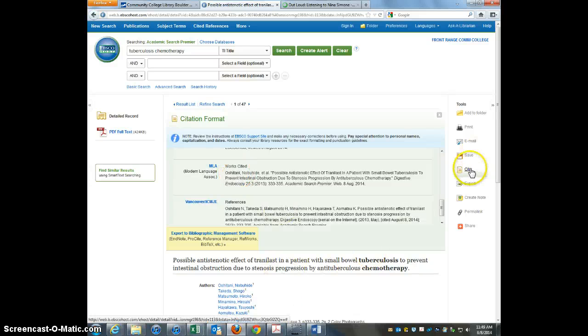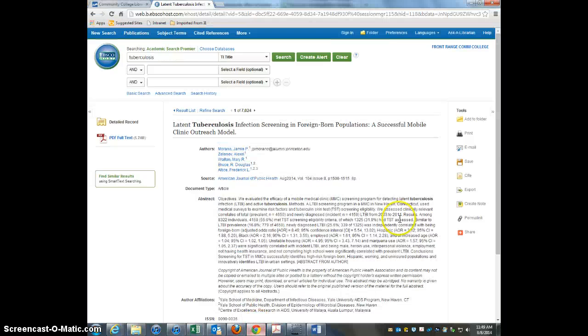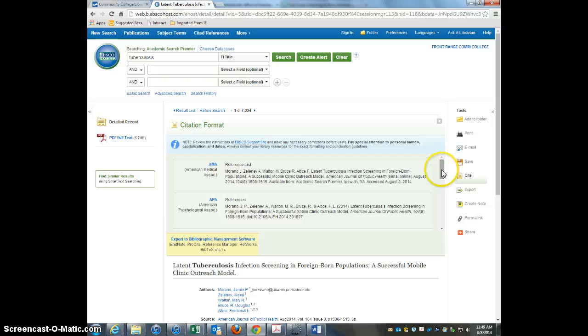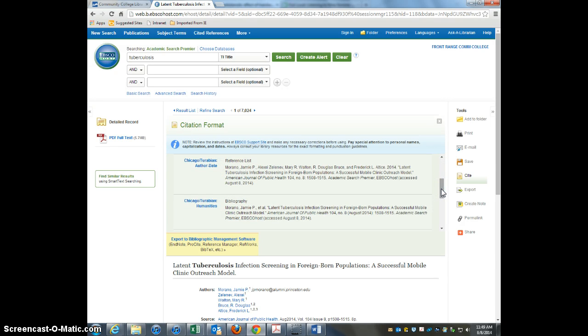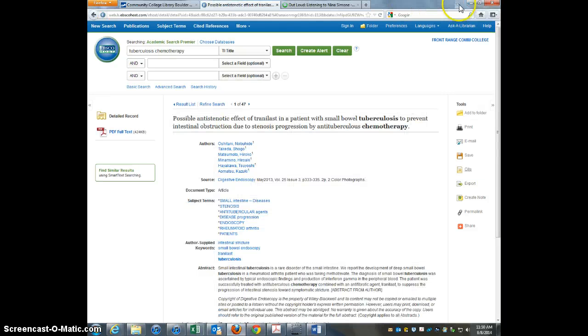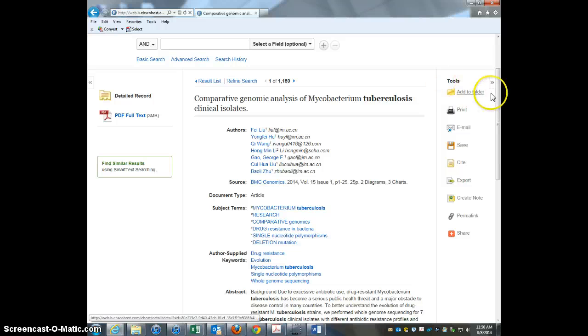Let's look at it in Google Chrome. In Google Chrome, if we click Cite, it also opens up and works well. So the easy answer is to use Google Chrome or Firefox for this. But if you're going to use Internet Explorer, there's a workaround for it. Let me go back to Internet Explorer here. Close out Firefox. Okay, so in Internet Explorer, if you go into the PDF full text,